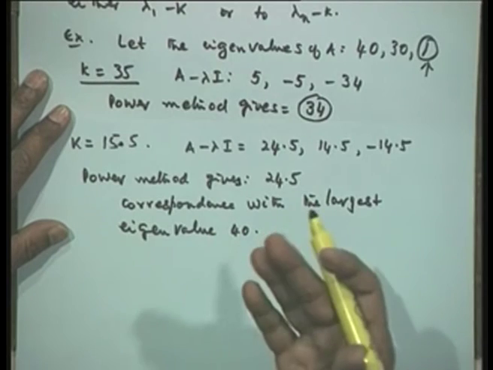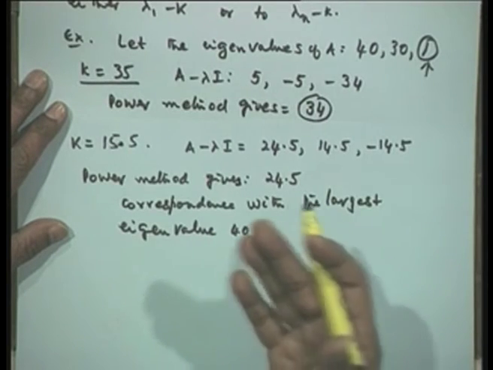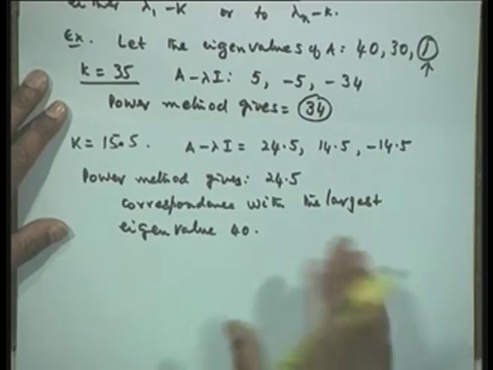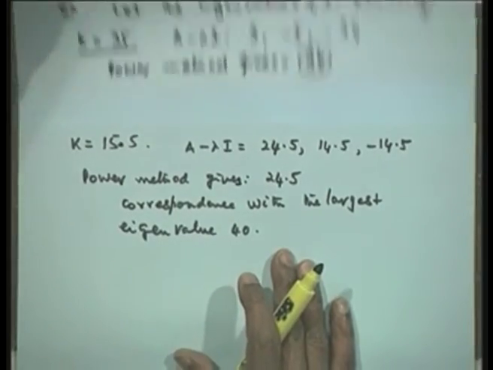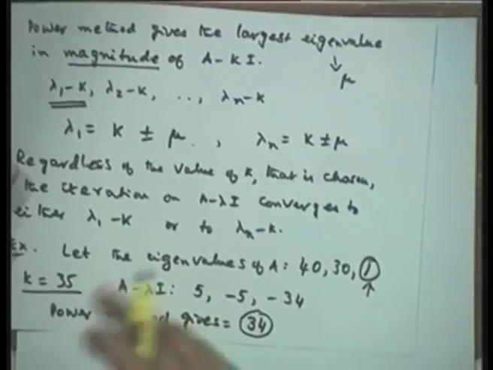When we started it, we said we wanted to speed up the iteration. We can show that by choosing k suitably we can achieve faster convergence. We also said that everything depends on the ratios. As k tends to infinity, lambda i by lambda 1 in magnitude is less than 1. It will go to 0 faster if lambda i, that means all other eigenvalues, are smaller in magnitude than the